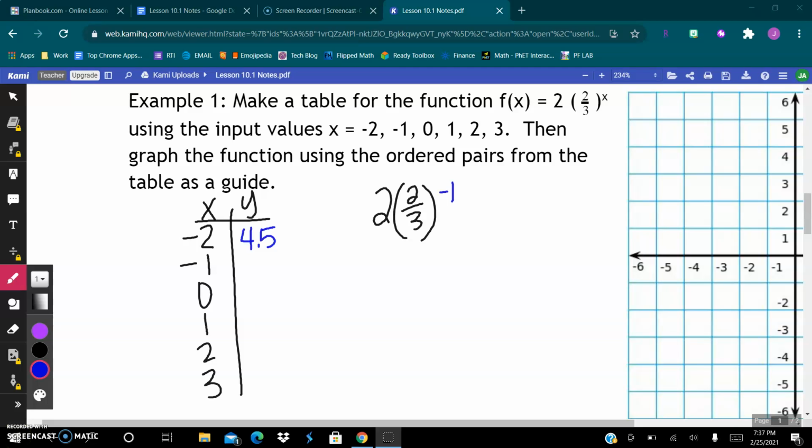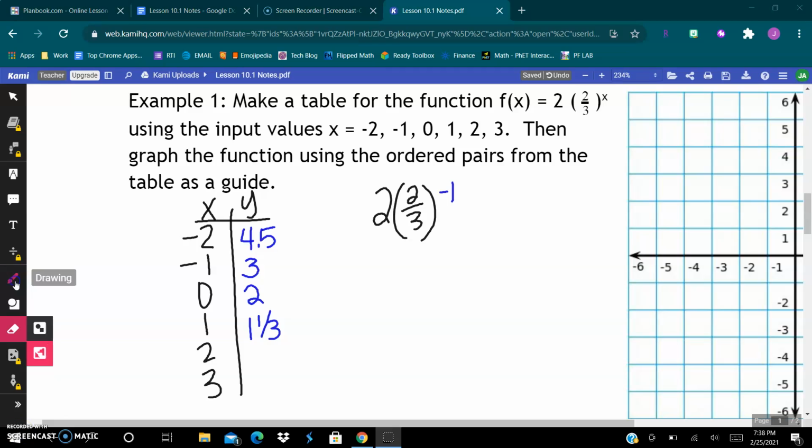When I type in -1, 2 times 2/3 to the -1st power, I get an answer of 3. And when I go back and change that to an exponent of 0, I get 2. And then when I change it to an exponent of 1, I get 1 1/3. And then I'm going to change it to an exponent of 2, and I get 8/9. And then an exponent of 3,